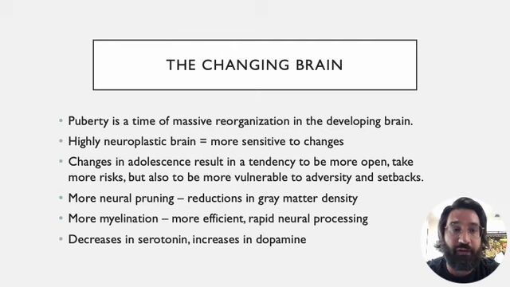We also observe in adolescence relative decreases in the neurotransmitter serotonin, which is a neurotransmitter associated with feelings of contentment, well-being. You know, serotonin is what helps regulate our mood. Okay, and so decreases in serotonin would be correlated with mood fluctuations, what we kind of refer to as mood swings in adolescence. But at the same time that we're observing relative decreases in serotonin, we note